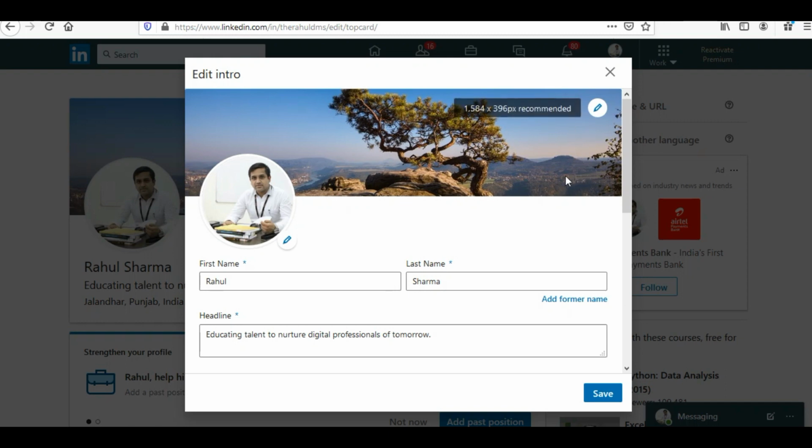Now come to the background image of your LinkedIn page. If you don't have any image which represents the kind of person you are professionally, I would suggest you always resort to something natural. So I have simply gone for this image of nature. This is the best bet if you don't have something which shows your professionalism. In order to create this background image, I have simply gone to Canva, so you can make use of canva.com for creating such backgrounds.